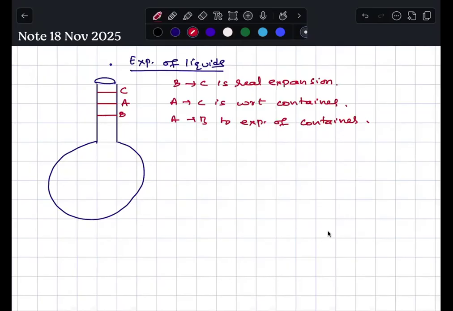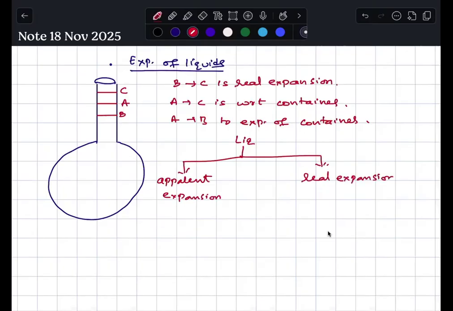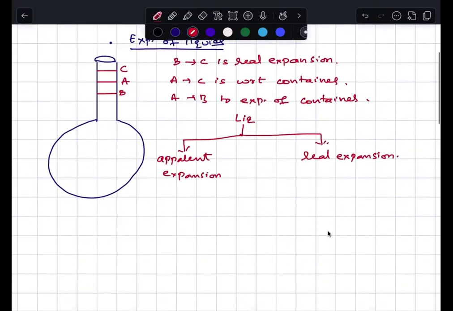So a liquid will have two types of expansion. One is apparent expansion. The other is real expansion. Apparent and real. See, now accordingly, coefficients. So gamma apparent is defined as,